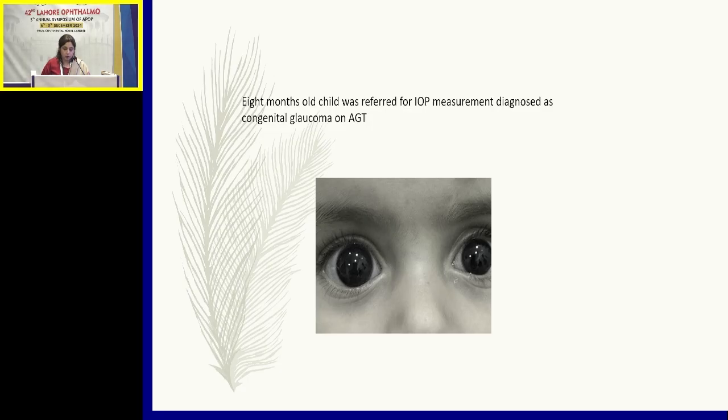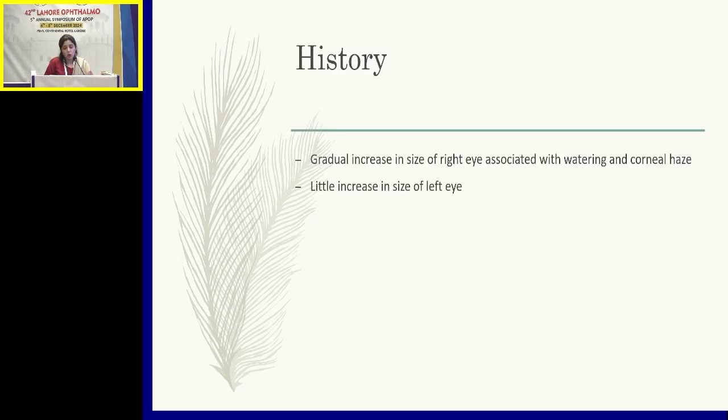Now we have a second case of an 8-month-old baby. He was already a diagnosed case of congenital glaucoma. He was taking anti-glaucoma drugs and was referred to us for the IOP measurement. Maybe in that hospital the eye care tonometer was not working or something, so they referred us for just the IOP measurement. On history, the mother told us that there was a gradual increase